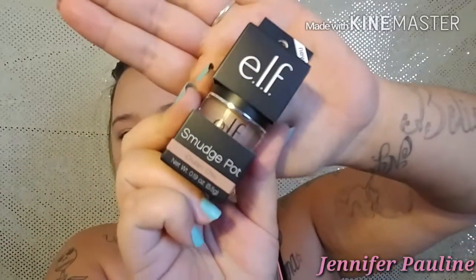It does make my under eye feel very smooth, so I like that. Okay, and we are going to bake under our contour with it. It applies nicely. I'm really liking it. Okay, for our eyes, we are going to use the E.L.F Smudge Pot in Cruisin' Chic,